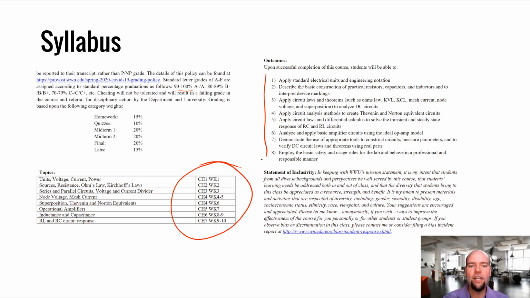Then we have the inclusivity statement, which I'm not going to read on the video. You can read it yourselves, but just note that this quarter is going to be a different format. You might have a different experience. If you have any issue with the way the class is structured or with your experience in the class, you can feel free to contact myself or Shichen, anonymously or using your name, any way you want.